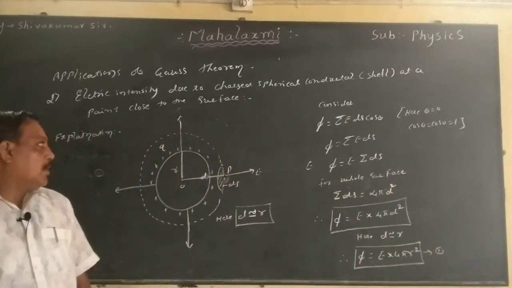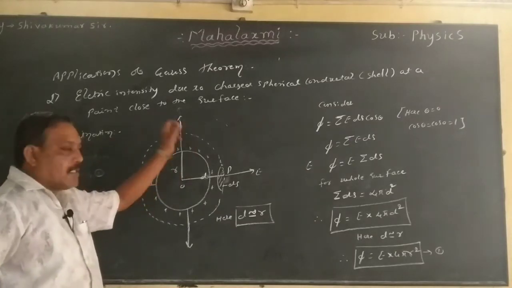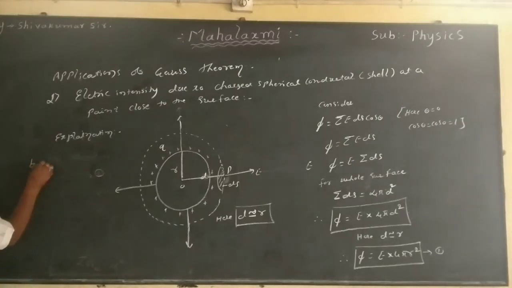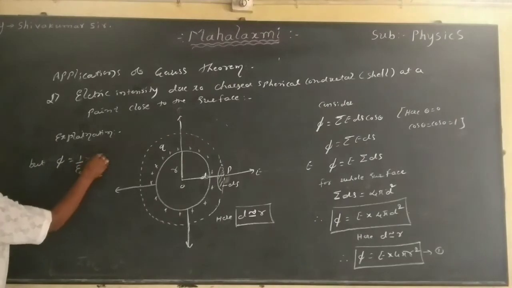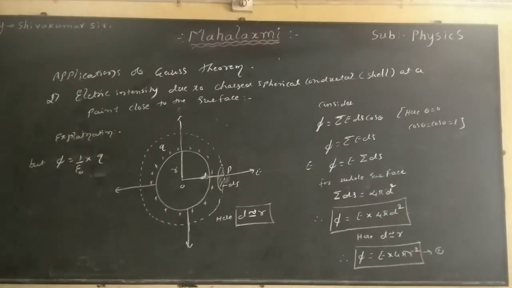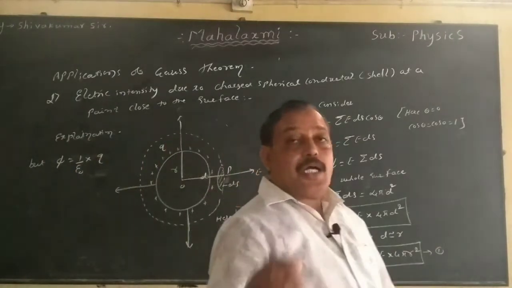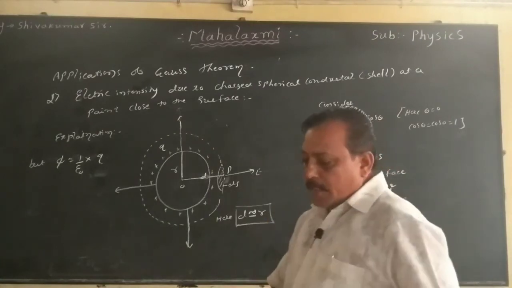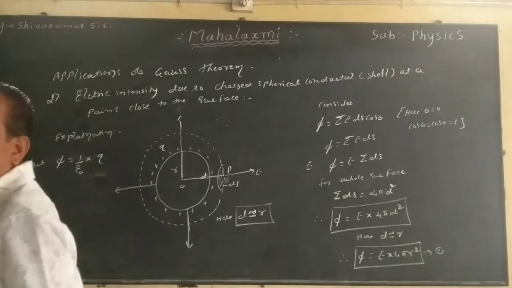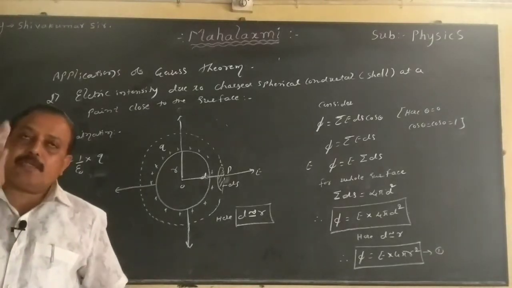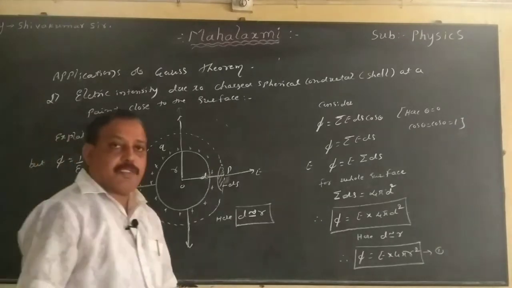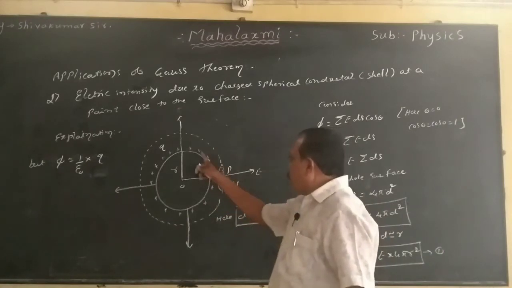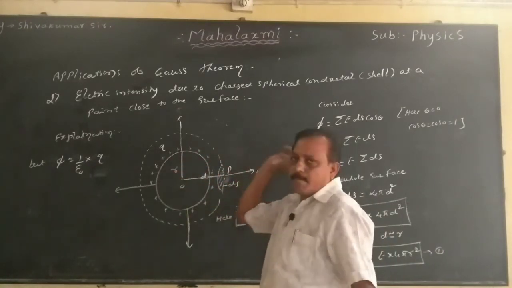Right? Then, when the charges are distributed on the surface of the conductor, once again I have to go towards the Gauss theorem. From Gauss theorem, phi equals 1 by epsilon naught times the total charge enclosed. When the point is very close to the surface, we must consider the surface density of the charge. When the point is far away from the charged conductor, we never consider the surface density of the charge. We don't bother about it. But when the point is very close to it, when d is nearly equal to r, then we bother about the distribution of the charges.